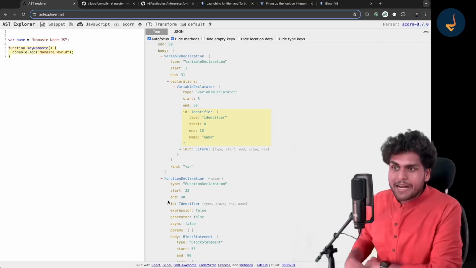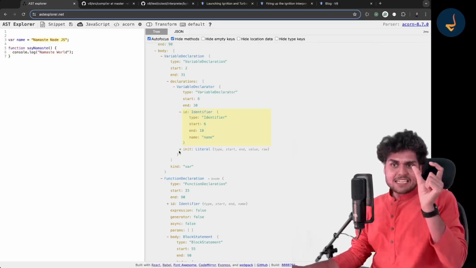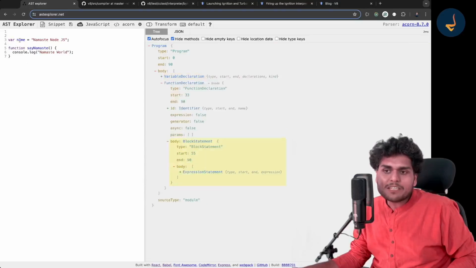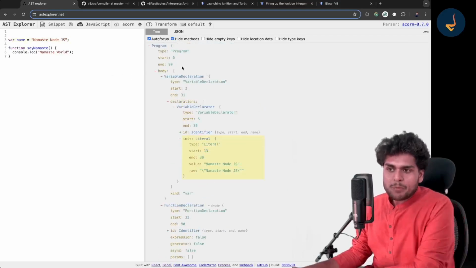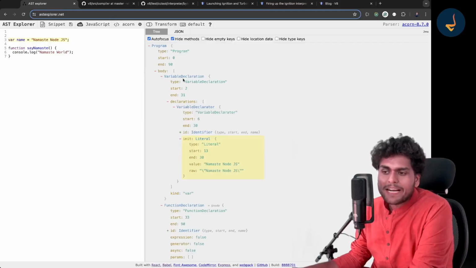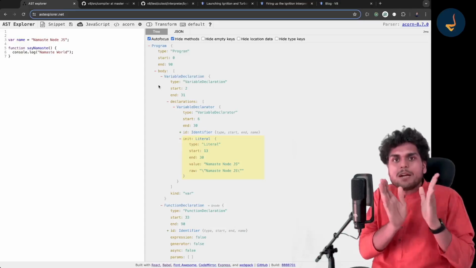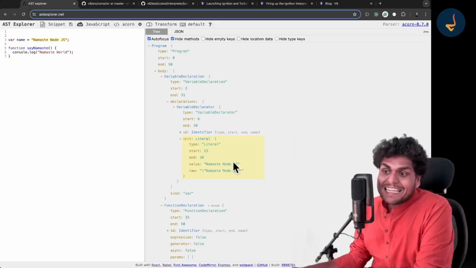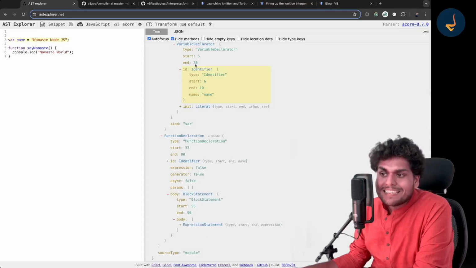Okay, so what I'm trying to say is, when you give this code, this AST is formed. And in this AST, you will see whenever you are declaring any variable, right? So this line, basically line number 3, is declaring a variable which is known as name, and there is a value. If you see clearly, in the body of the program, you will find a variable declaration. Basically, this means that the first line represents a variable declaration. Now what happens inside a variable declaration? There is an identifier, right? Where is that identifier? If you click on it, this is the identifier.